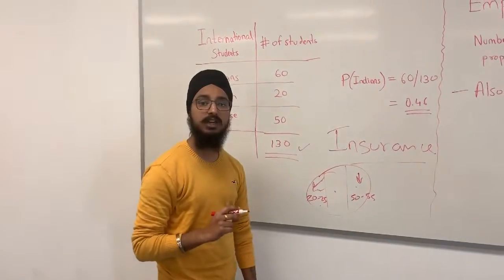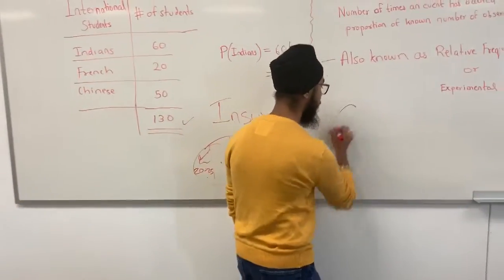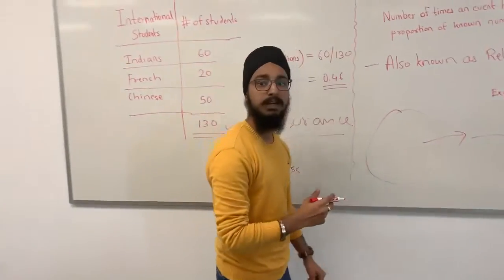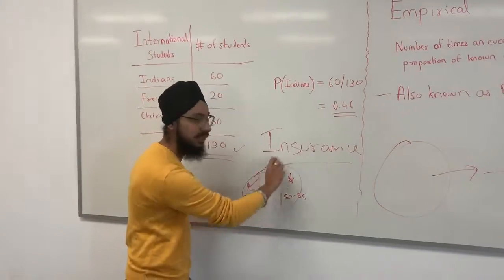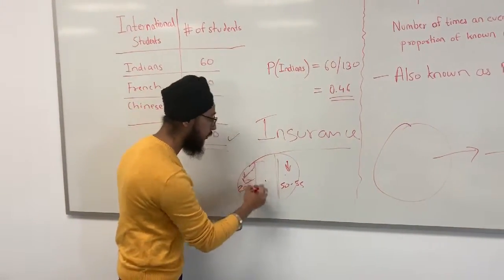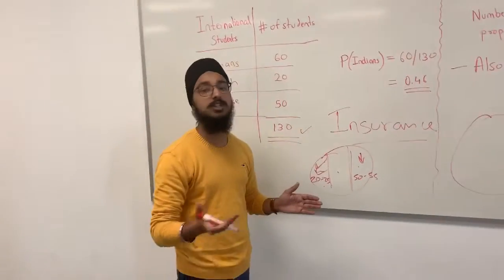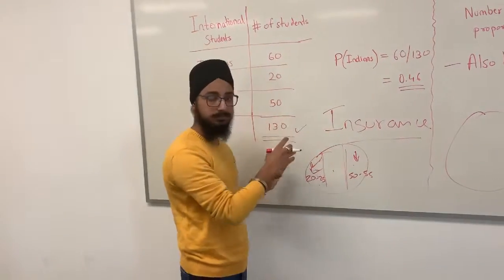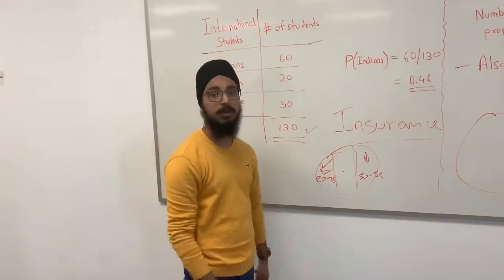Another con is that it is very, very much time consuming. For example, in classical probability, we just take the whole population and divide by the favorable outcomes. But in empirical, we first have to divide it into different groups, just like the insurance companies do, and they find which group is more prone to accidents. Same way, we have to make subcategories. In a general way, we can say subcategories, and then we choose what are the chances of one category to be chosen when we are finding the empirical probability.